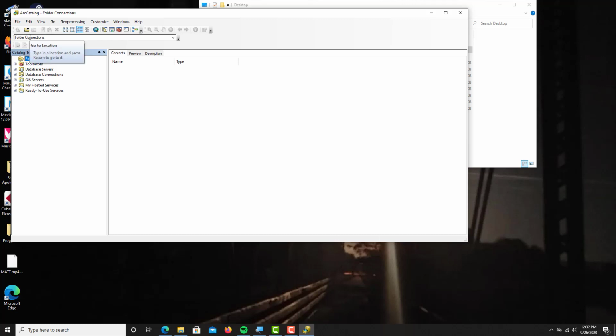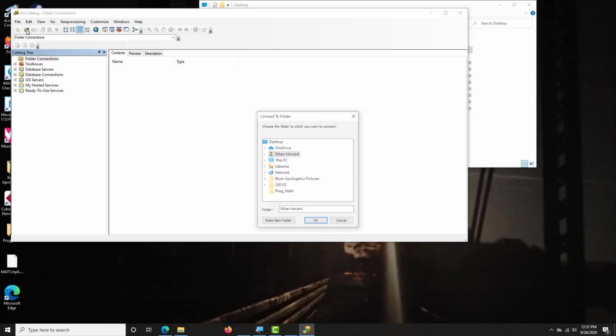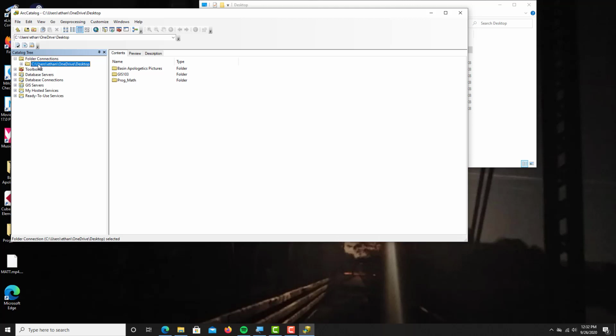So in order to make that connection, we go up here to this little folder that has the plus sign, and we just tell it to connect. So I'm going to connect to my desktop. Just click my desktop, tell it OK, and it'll add this connection to my desktop, and it'll show the folders that are there. And so I'm interested in this GIS103 folder. So if I open that, you'll see that inside there